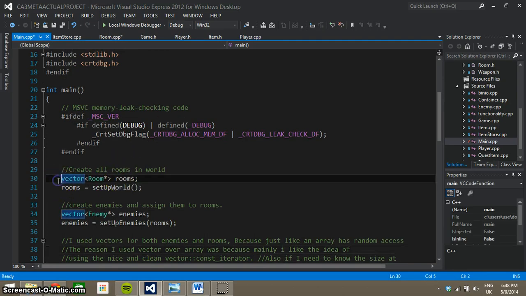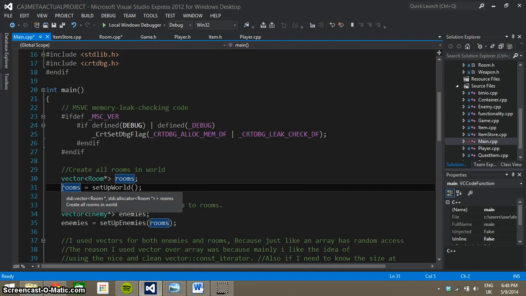First thing I do is create a vector of rooms, which I set up as I mentioned in the plan, which by the way I was just about finished when I cut off there, so yeah, I don't think we need to go back and talk about that. It may have seemed a little rude though. Anyway,